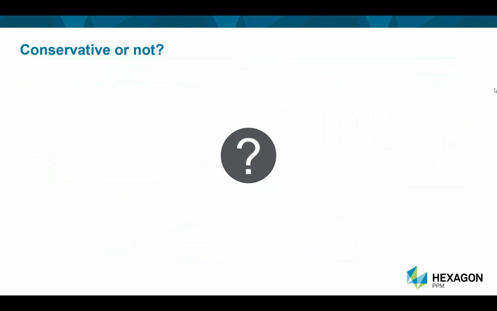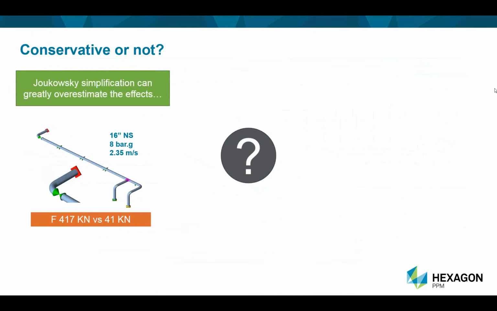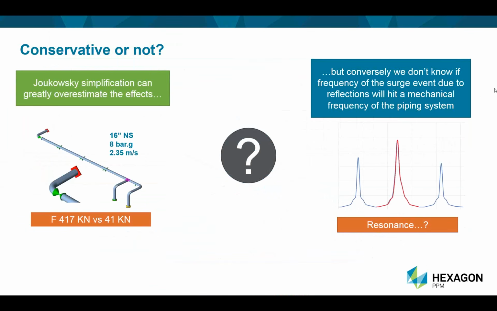However, that's not the whole story, because we don't really know if we are conservative or not using the Joukowsky simplification. And whilst that simplification can greatly overestimate the effects, with the force being 10 times it was in our little example, what this doesn't take into account, because it only gives us one value, is the reflections. So the converse of that, we don't know if the frequency of the surge event due to